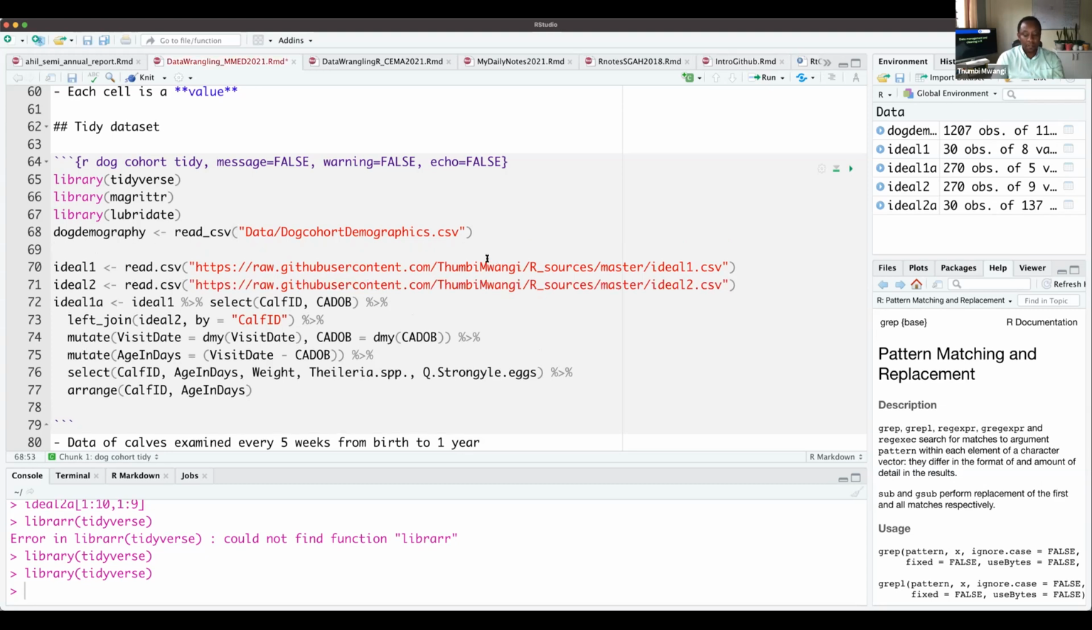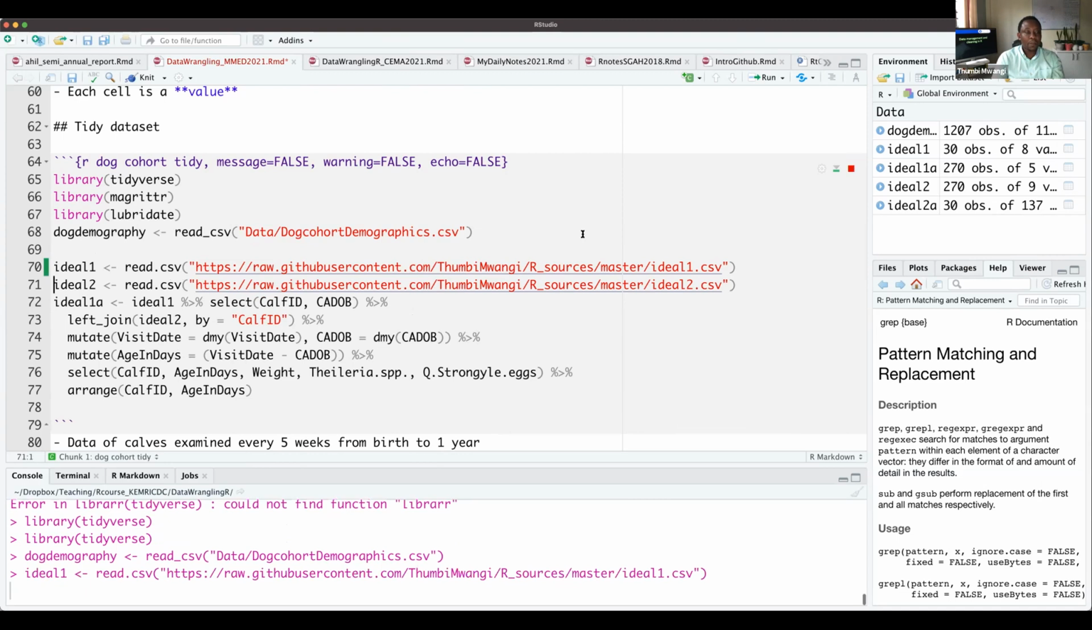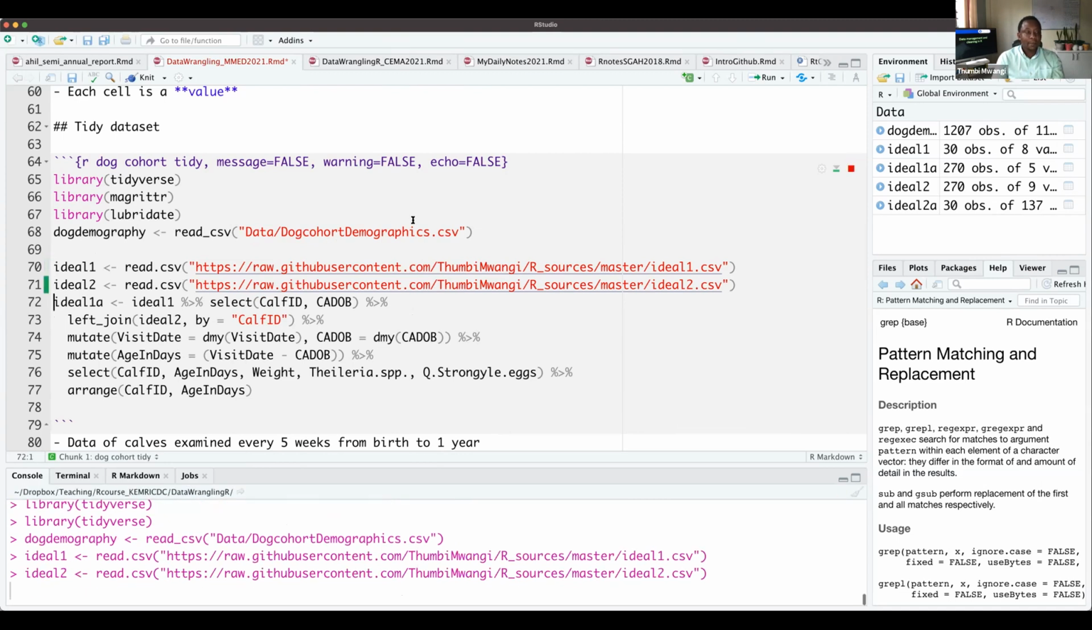But the interest I have now is to introduce two data sets, one called Ideal1 and another called Ideal2, which are data sets from the same cattle study I mentioned. I've got them stored online on my GitHub, and that's what I'm trying to import here as Ideal1 and Ideal2, and I can actually do read_csv, which is great